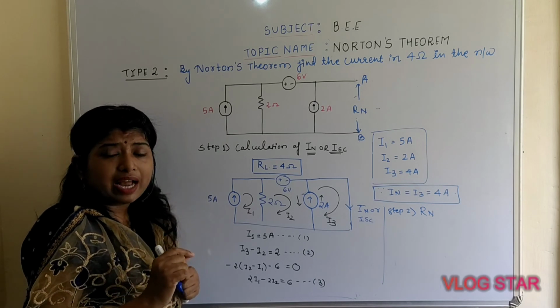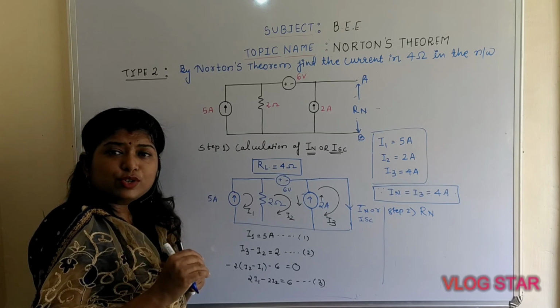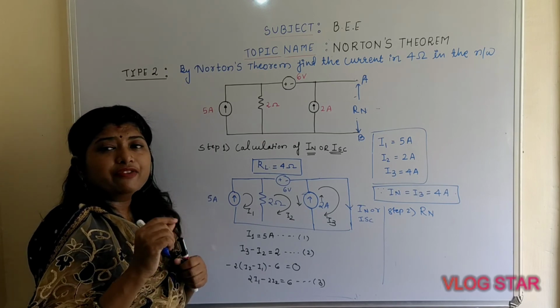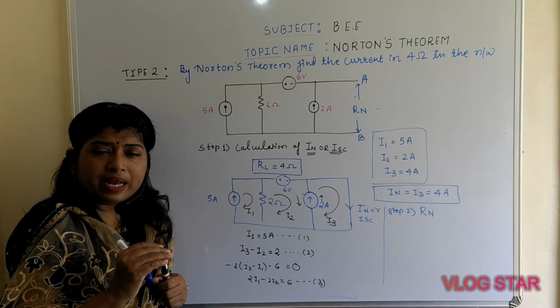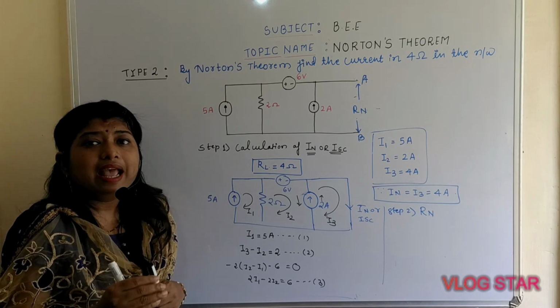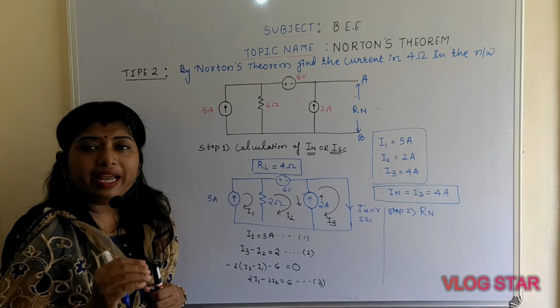What is the meaning of that? If a voltage source is there, you replace the voltage source by a short circuit, and if a current source is there, you replace the current source by an open circuit, and simply apply the series parallel method